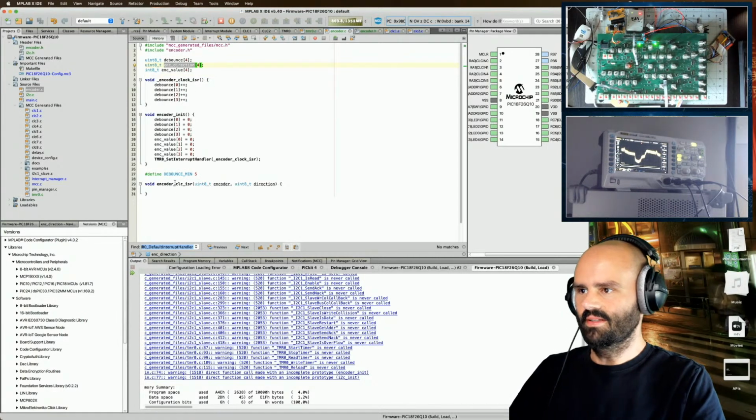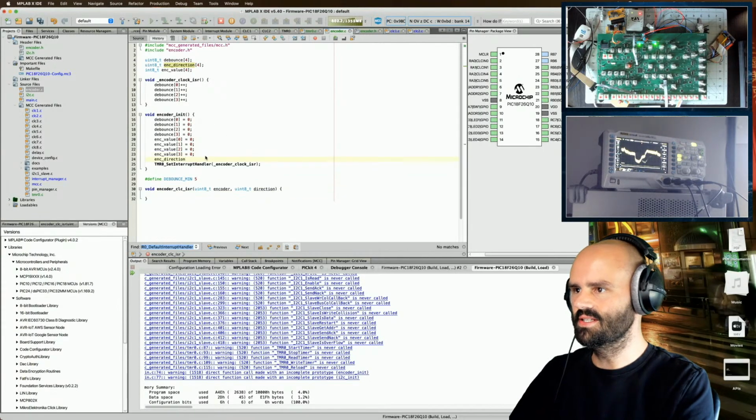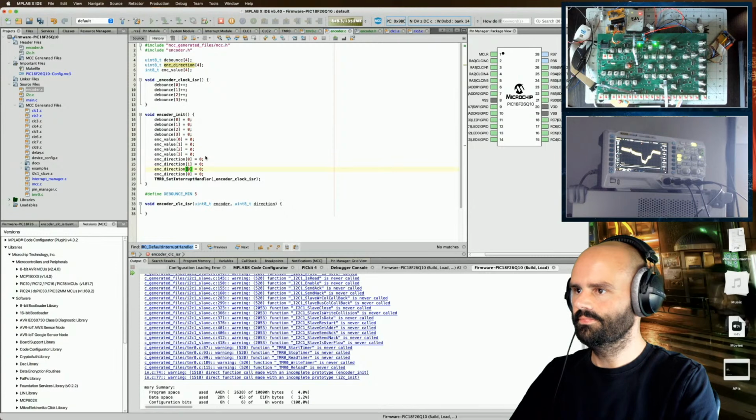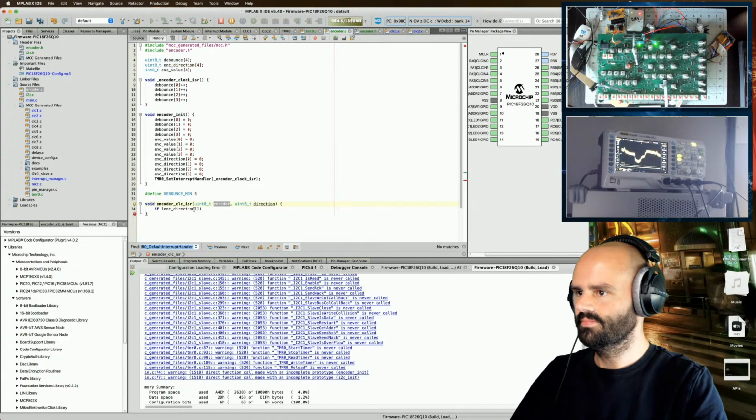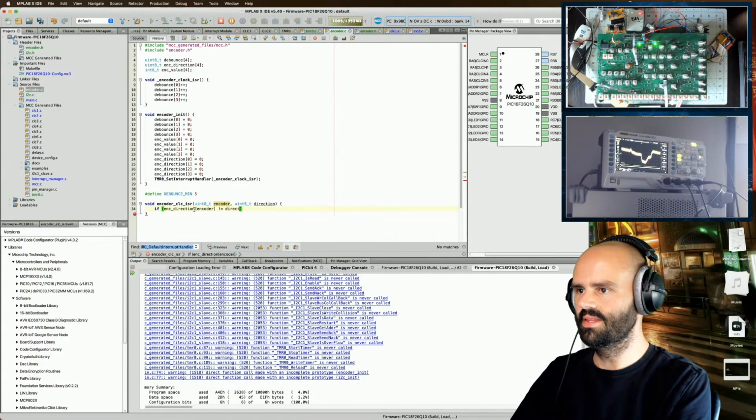So we need to track the direction. That's where we were. And we should initialize these also. Because what we're essentially going to say is if the encoder direction for the encoder that we are referring to here, if the direction, that is the direction we last saw it moving, does not equal direction, so we're thinking we've changed direction here, but we want to debounce that,